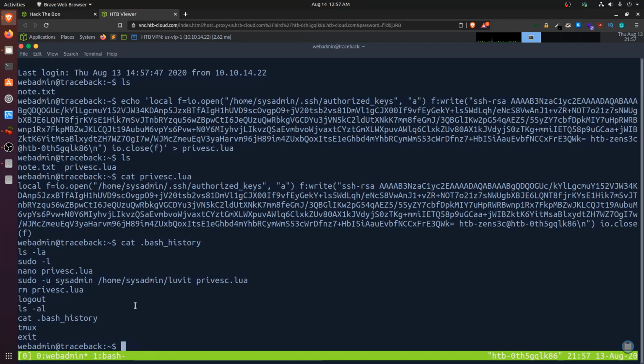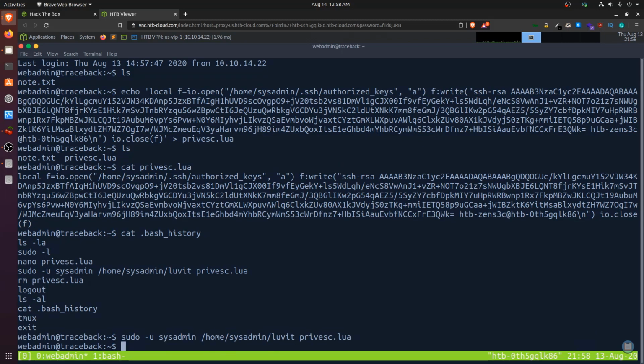So we use sudo, so we say sudo -u sysadmin, and we use the binary within the sysadmin directory, which is /home/sysadmin, and we say luvit, that's the binary name, and we say privesc.lua. So that's the file. We hit enter, and it looks like that was successful. So that means we can now log in as the sysadmin user because our public key was added to the